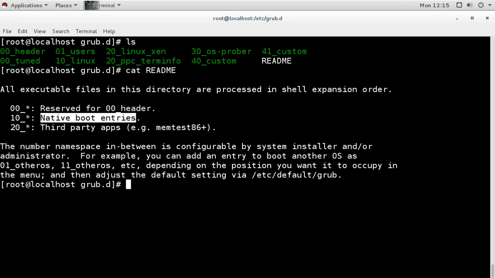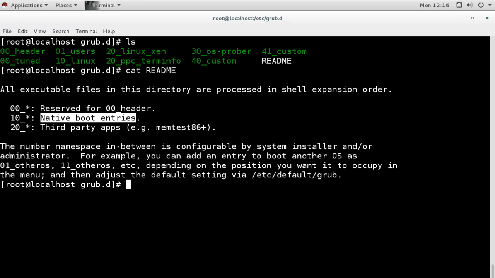Then under 20 we have third party apps, for example memtest, for testing the memory. If we have third party applications and want to execute them at boot time, we can add the configuration for that under 20.